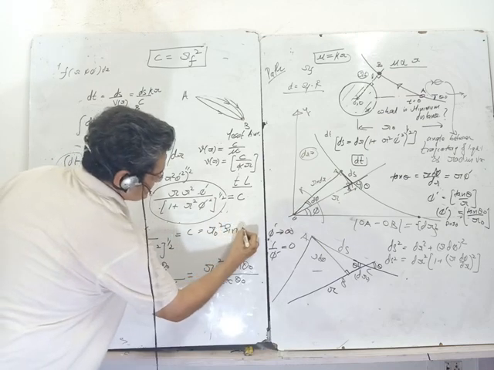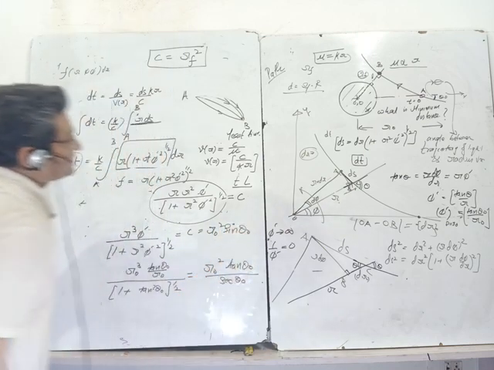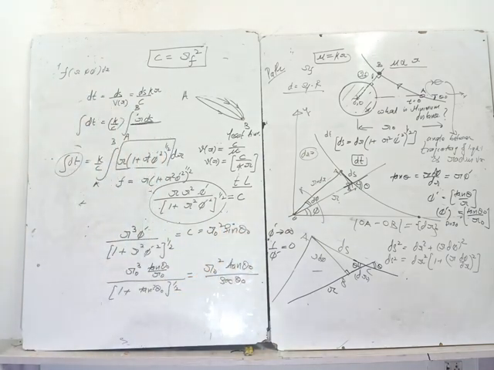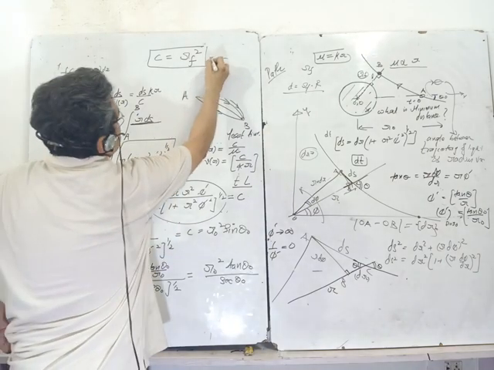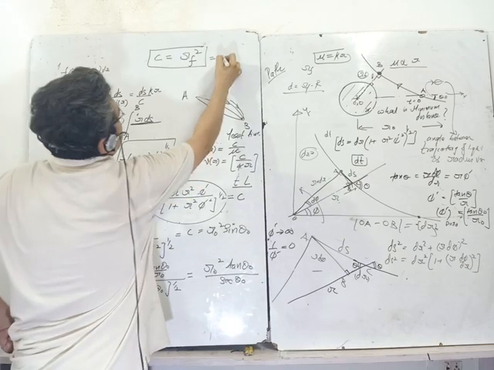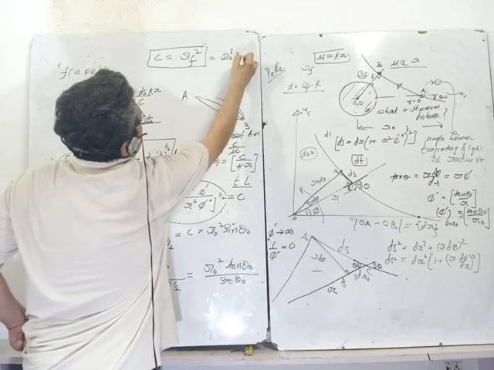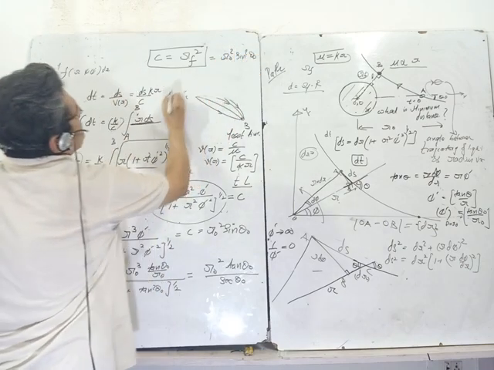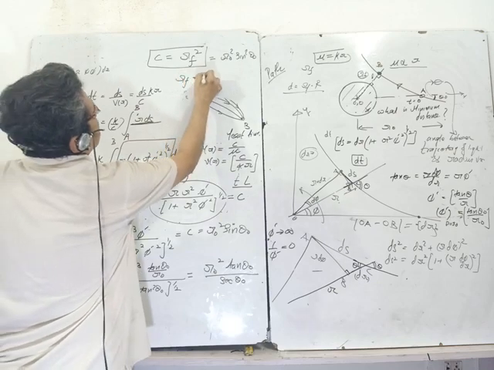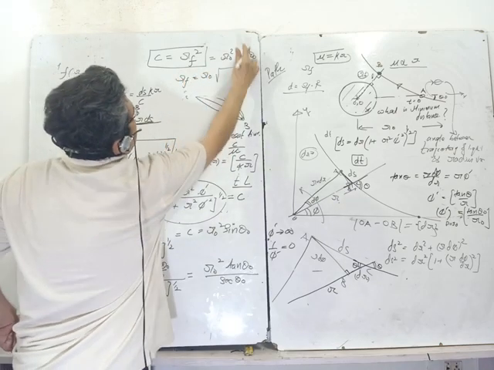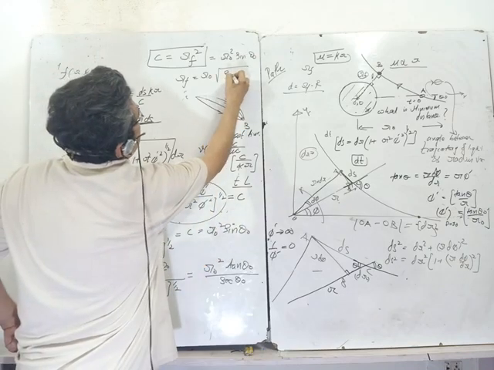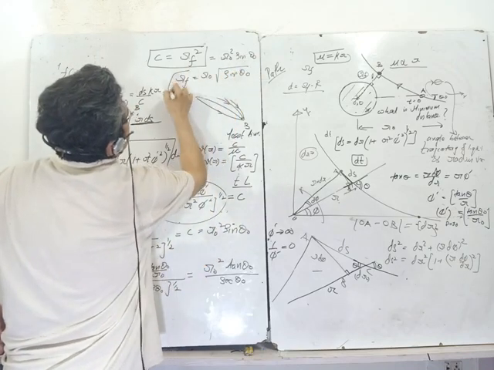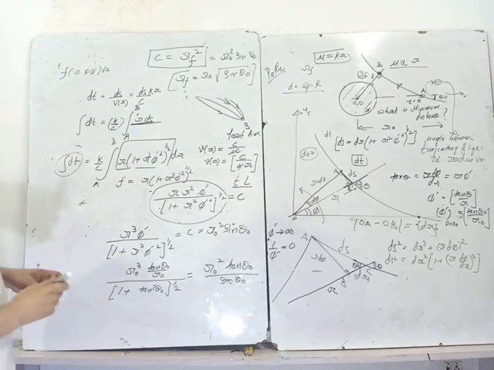Just check that calculation part in any way, because quite likely mistakes happen on the board. So this is equal to r0 square sine square theta 0. So r final is r0 square root of, no, this is not sine square, this is only sine, sine theta 0. So this should be the answer. R final is